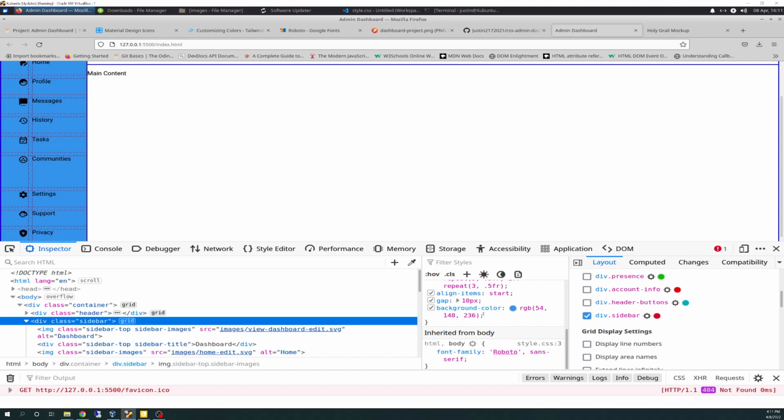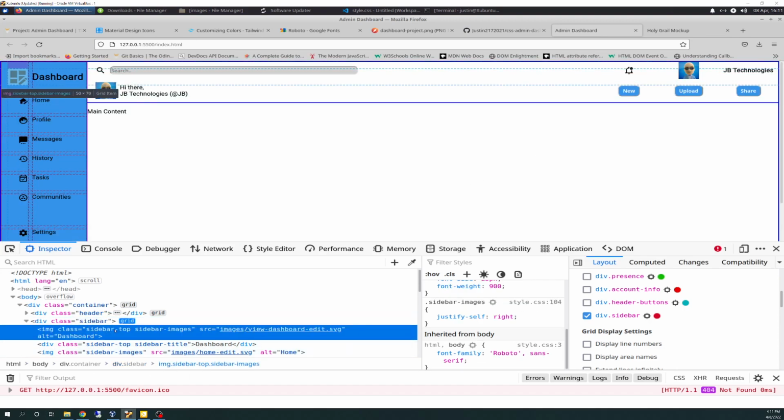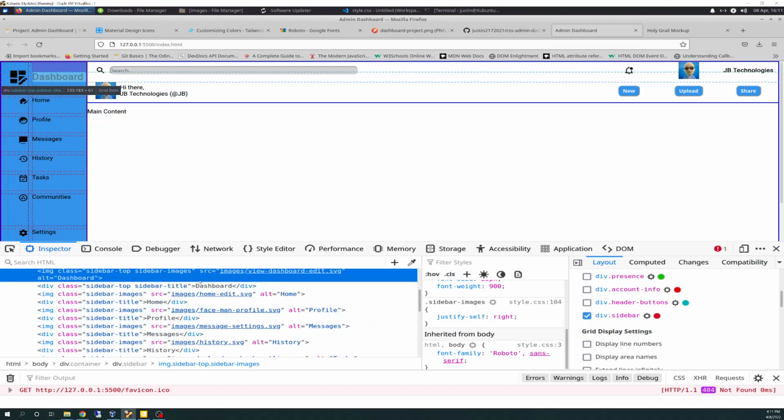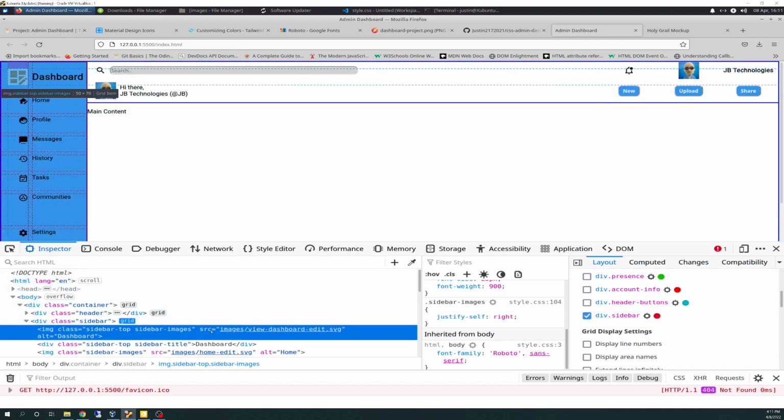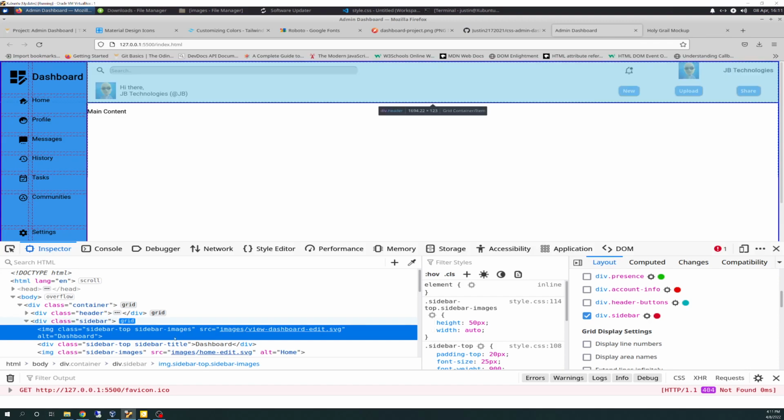So then I have a background color, which is self-explanatory. It's the same color I used for the buttons up here. And then here's my image class. So I'll show you what I did here, and then a lot of it's replication. So start off with, I have a class selector of sidebar-top.sidebar.images. If you remember, if you put a period in between both of the